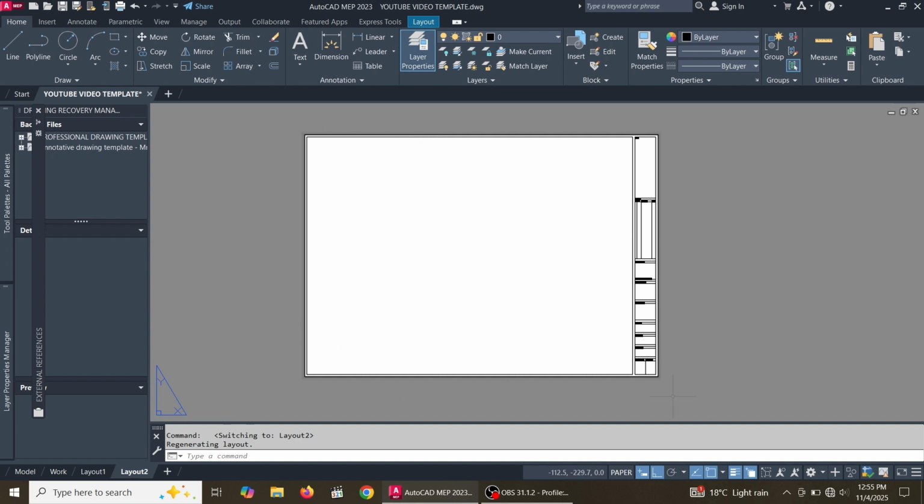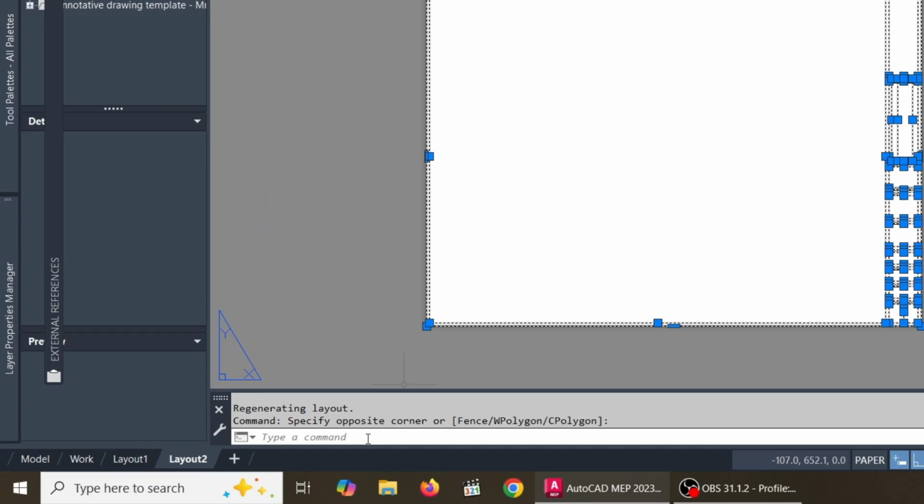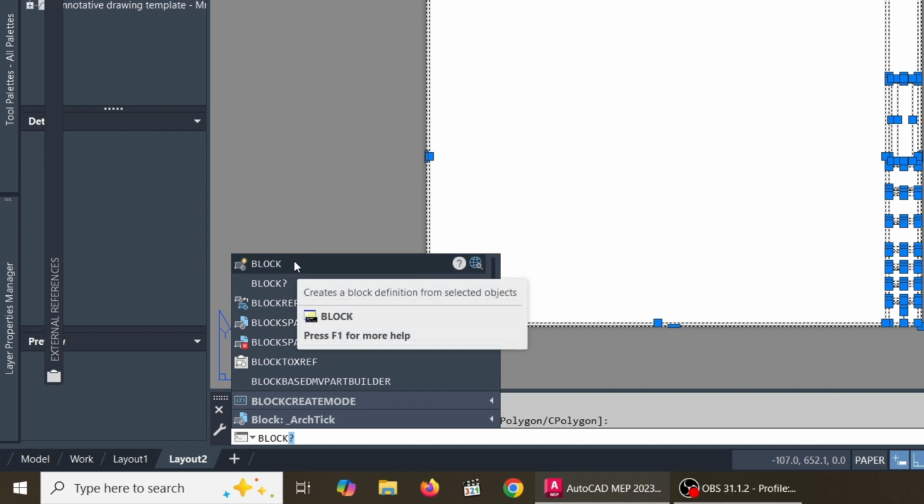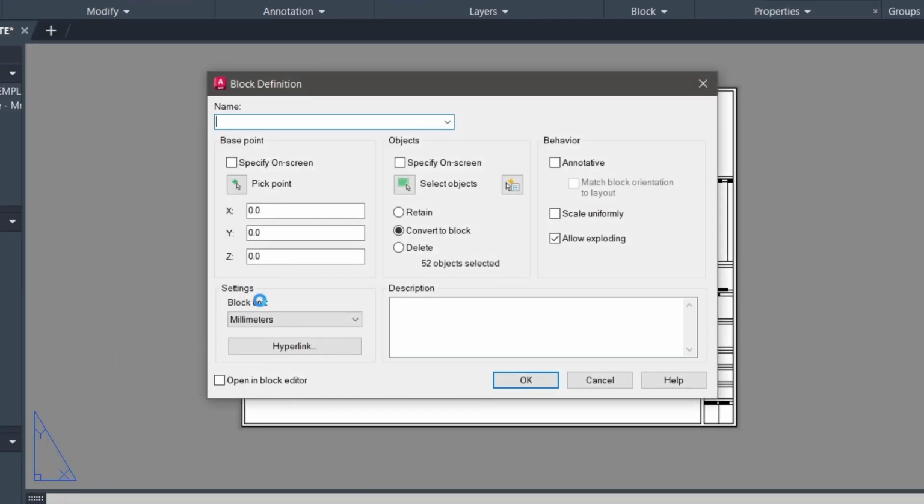So what you need to do is to select each and everything. Then next, click at the command bar, then put in block. Alright, AutoCAD will provide you with options over here. Then just select the first option, which is block. So this block definition dialog box will pop up. Then the first option is the name. So AutoCAD is requiring you to put in the name of the block. So we shall put in title block